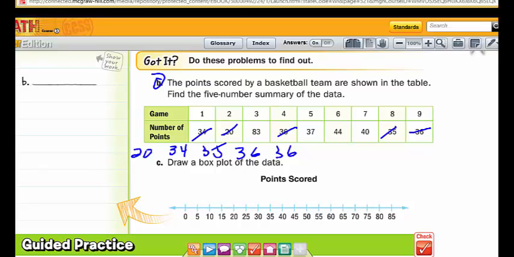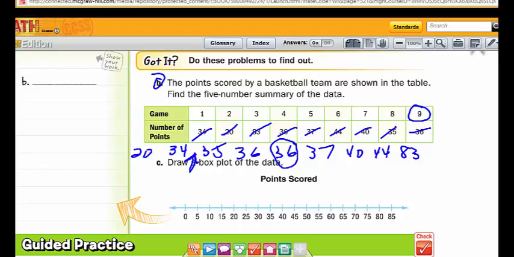Then a 37, followed by 40, 44, and 83. So there's our data set. First thing we need to do is count them up, and you can see right here we have 9 of them. So the 5th one will be our median, so it's 1, 2, 3, 4, 5. There's our median. That leaves an even number on this side,